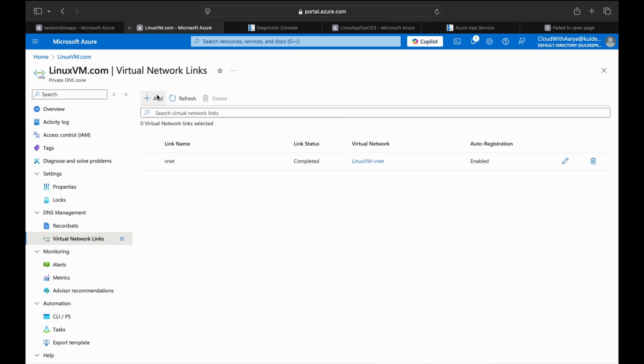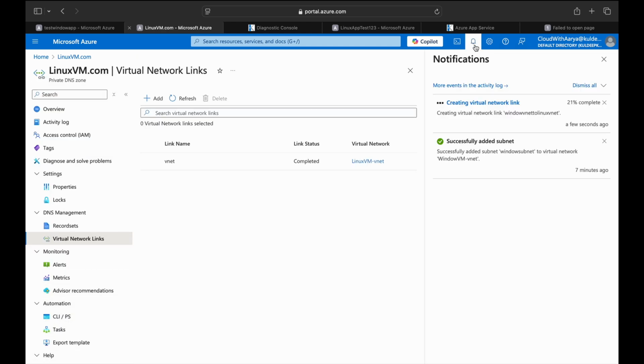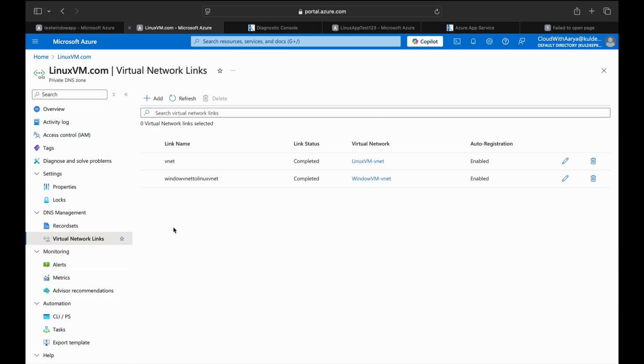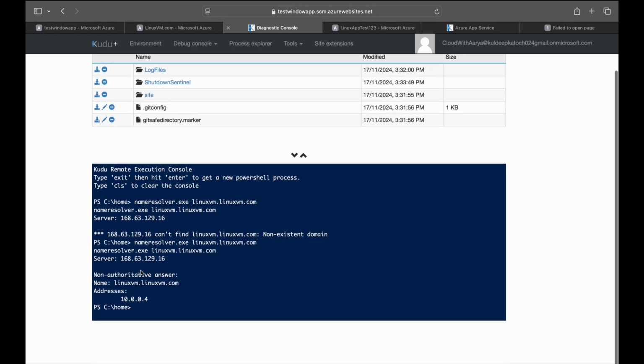I'll add a VNet link. I'll give the name first. So it is successfully connected. Now I'll go back to the console and check the connection again. So you can see now it is able to resolve correctly to the IP address of my